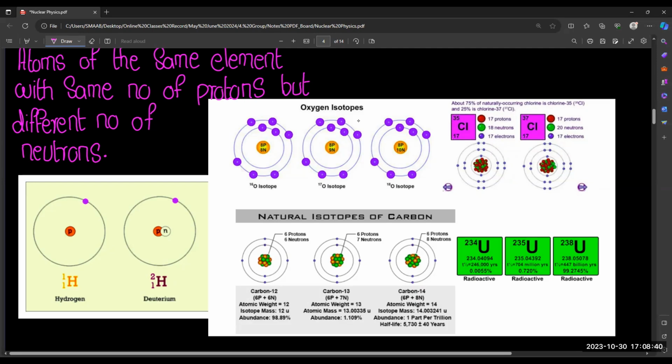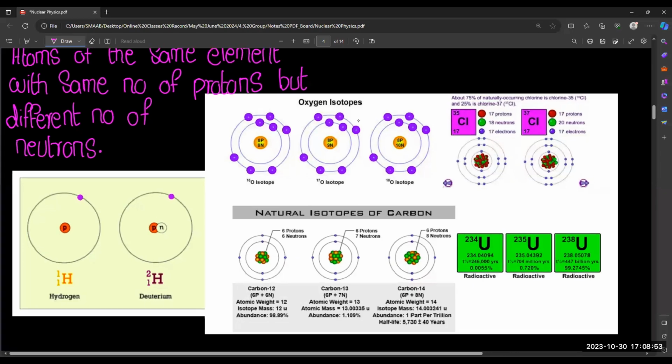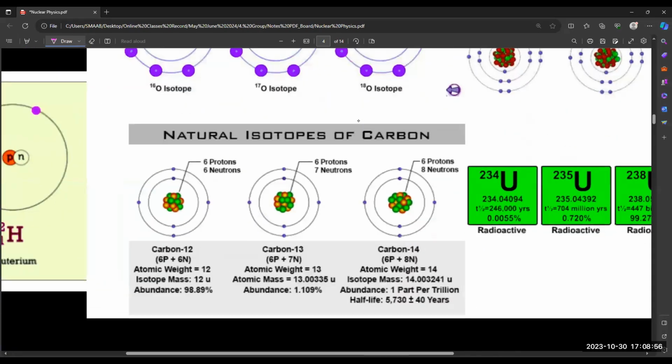Same goes for the isotopes of oxygen: oxygen 16, oxygen 17, oxygen 18, right? Plus, there is also an example of the natural isotopes of carbon. You can see in carbon that the first isotope is carbon 12, and in carbon 12, there are 6 protons and 6 neutrons. Then after that, we have carbon 13, carbon 14,